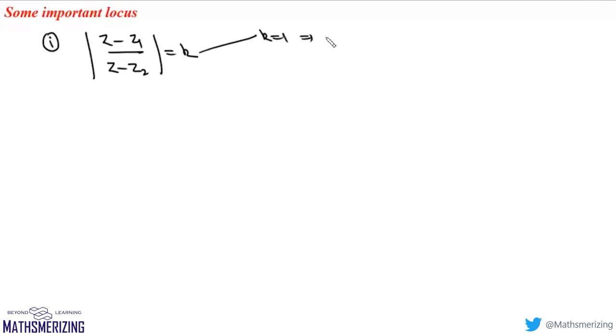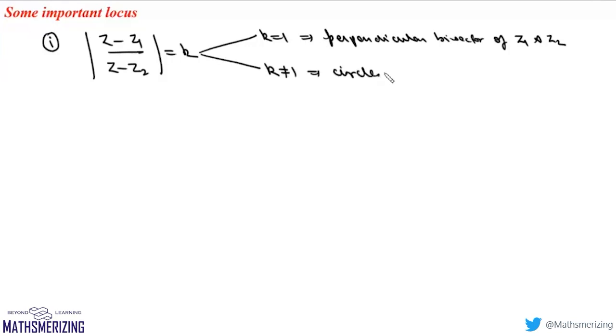Now I'll be discussing some important locus, and the first one is mod of z minus z1 upon z minus z2, it is equal to k. Now we already know that if this k is equal to 1, then it will represent perpendicular bisector of z1 and z2, and if this k is unequal to 1, then in that case it will represent a circle